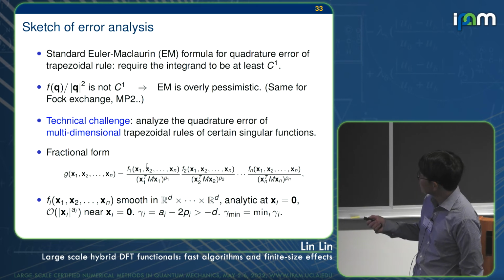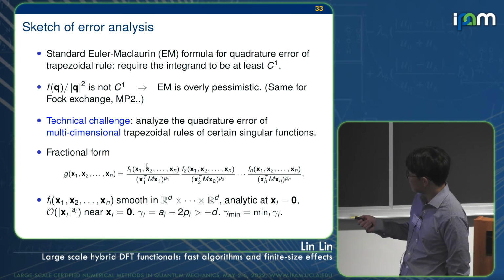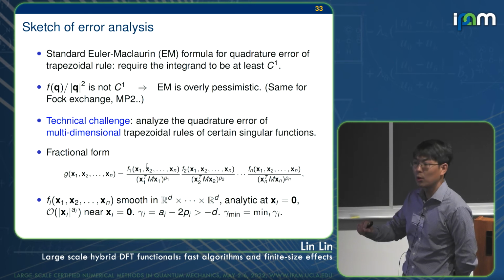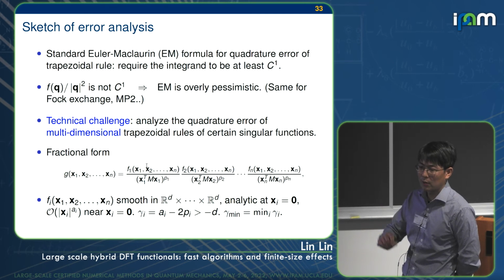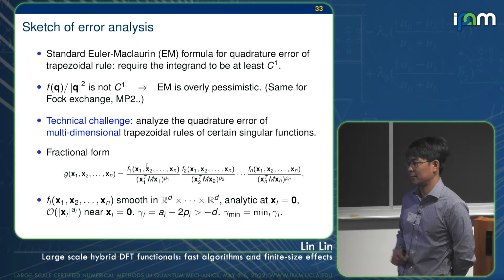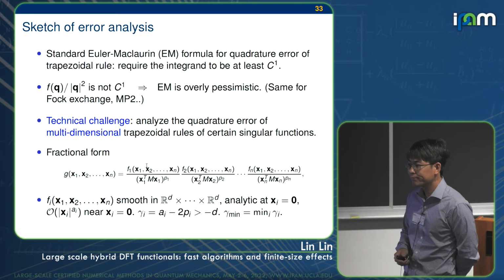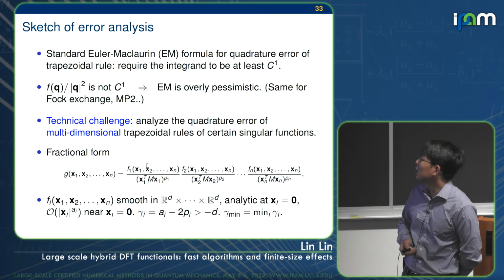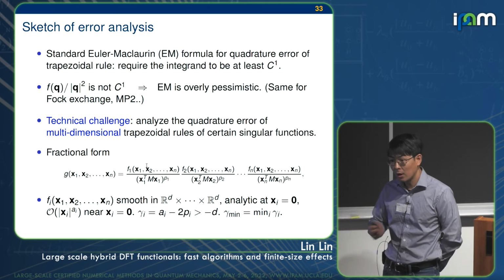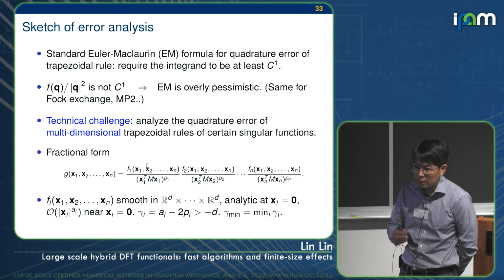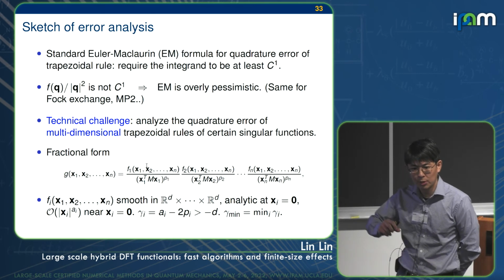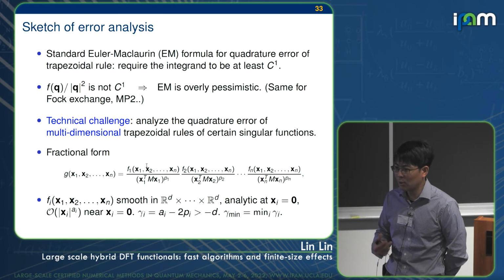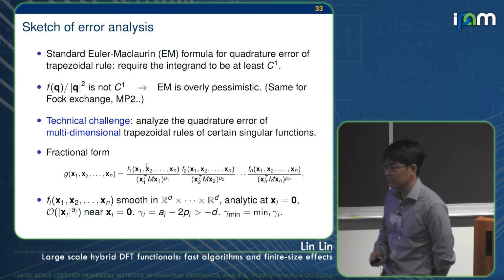In fact, if you just carry out the textbook analysis, it tells you that there's no convergence rate for either Hartree-Fock or MP2 in any setting. It is really bad. So the question is, for this type of integrands with a lot of singularities of a particular form, where you still want to use a trapezoidal rule, which is designed for smooth functions, what kind of convergence rate can you get